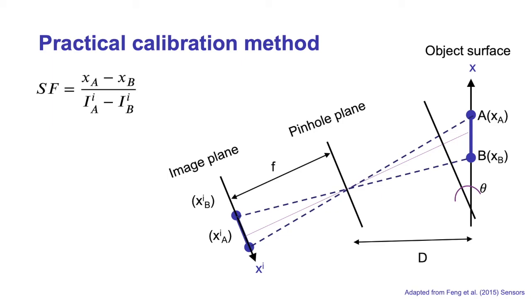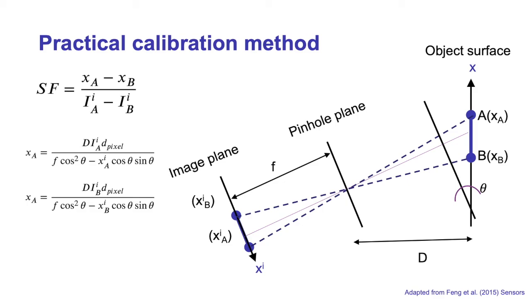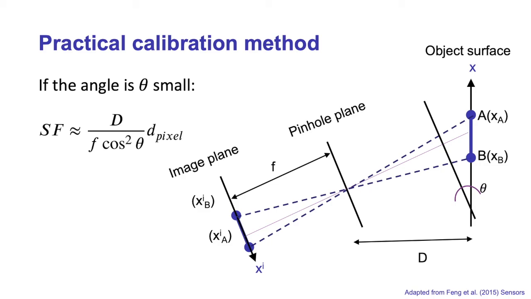Hence, the scaling factor can be estimated as XA minus XB over IA minus IB, where XA and XB are the coordinates of the 2 points in the line AB, and IA and IB are the corresponding pixel coordinates in the image plane. From geometry, XA and XB can be estimated by means of these expressions. Moreover, if the angle theta is small, the expressions for the scaling factor can be simplified as shown here, where capital D is the distance between the camera and the object, the pixel is the pixel size, and f is